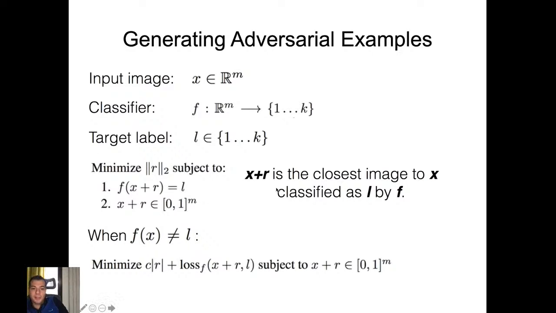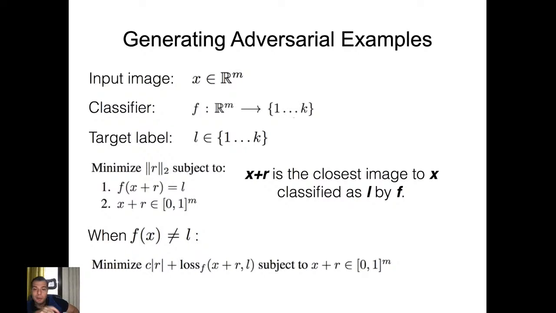So you will obtain the original example x plus this modification r. And when you're optimizing it, you also want to make sure that your optimization minimizes this difference with respect to x. So what you want is to make sure that the network or the classifier... There are also experiments showing that adversarial examples can exist for linear models. So they are not only